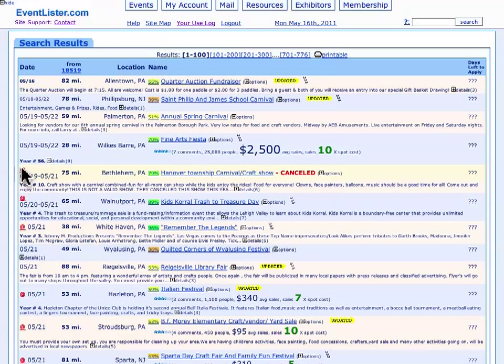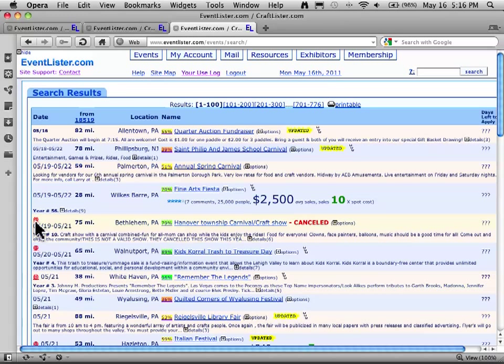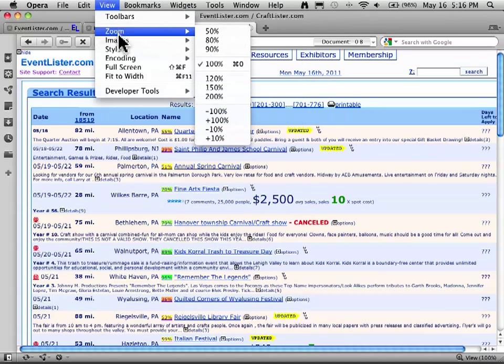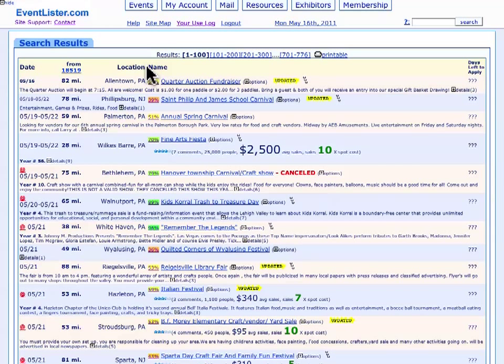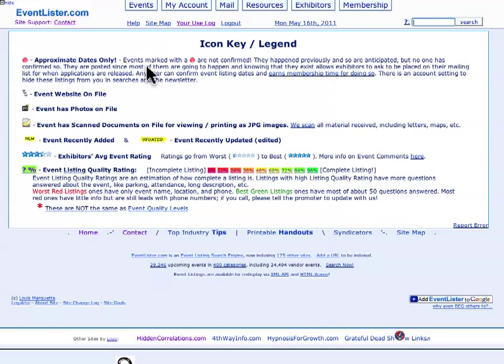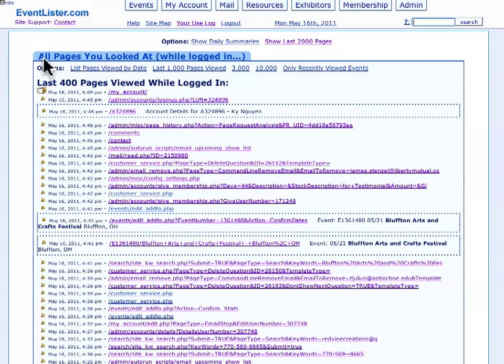Now, these ones with the red @ sign are only approximate, and if you click on it, it takes you to the site key, which basically lets you see what those and other symbols mean. Just going a little bit slow here, I guess, is the problem. Okay, so here's basically what that means. Going back to the other page,